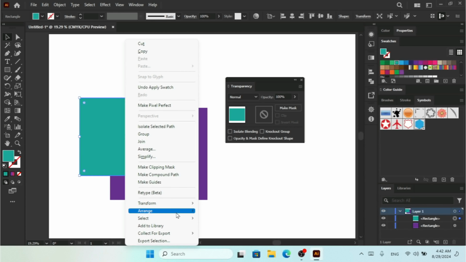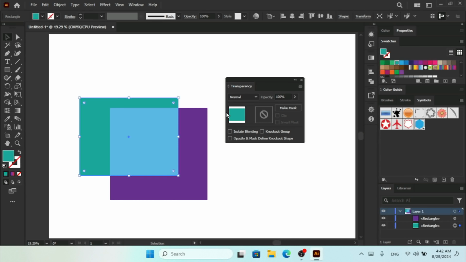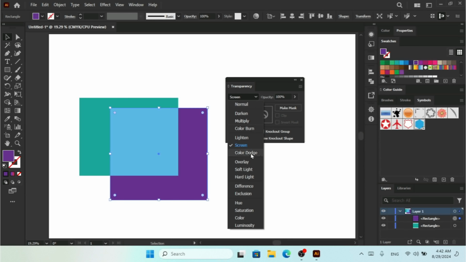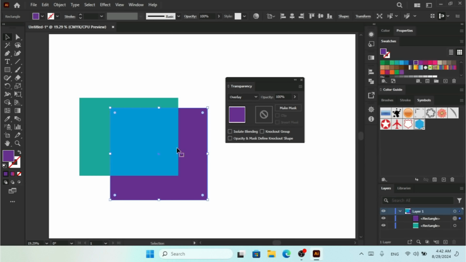Let me just send this to back. So now if you apply this blending mode on this shape, you can see the changes. It means that you need to apply this transparency blending mode on an object which is on top of the other object. So with the Transparency panel, there are more options available like Isolate Blending and Knockout Group,